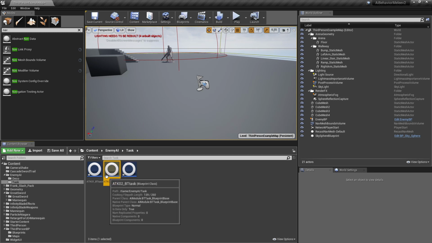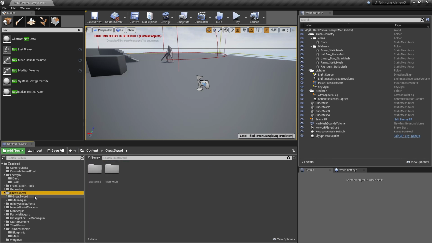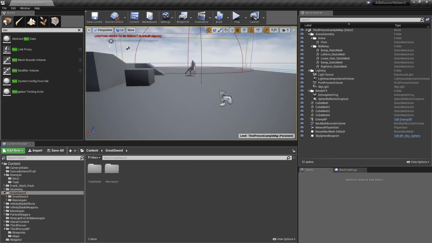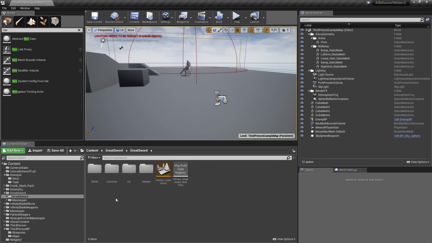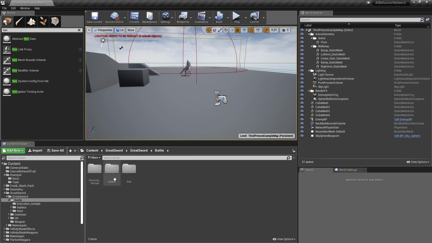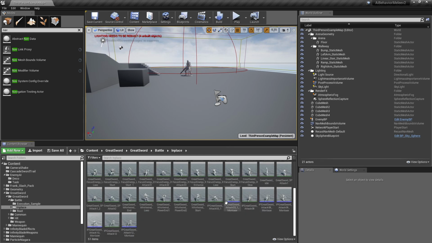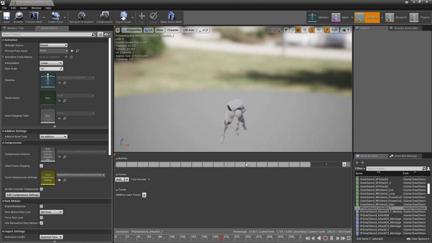Alright, so right now we're just gonna have the task that we need to have to do the attack, but we don't have any attacks. So we need to start talking about animation and what makes a boss interesting. So for me, I'm gonna use the Great Sword animation pack, which you can find, and I've also select a couple of animation in there that I find pretty interesting. And what I did is I took the animation,